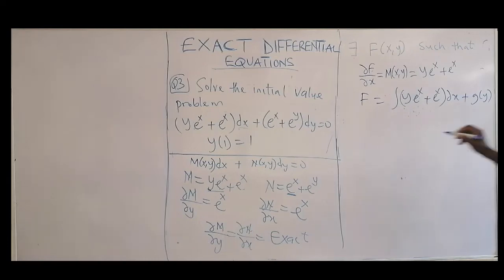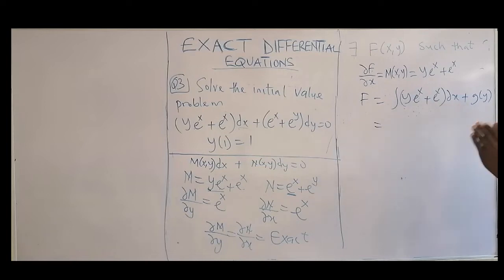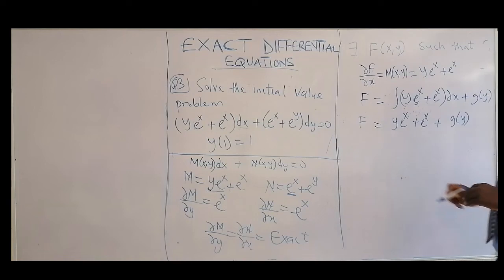This is with respect to x. When you are doing partial integration, look at that variable. This one has your x, so you're only integrating this one and keeping the other constant, and this will be equal to this. Here also you have x, so plus this. And that will give you plus g of y. That's your f. It doesn't stop there because we have not yet gotten our g of y.